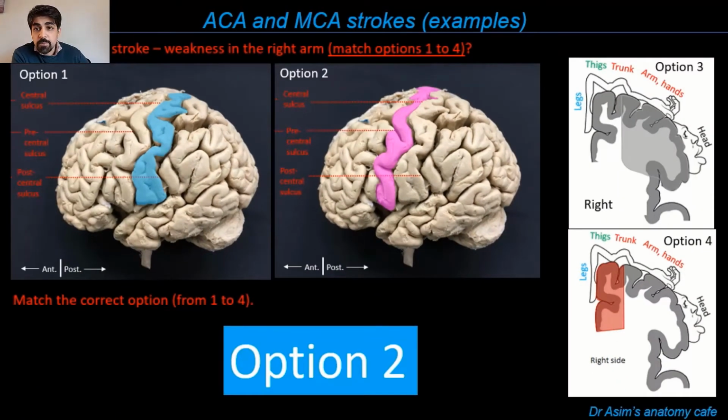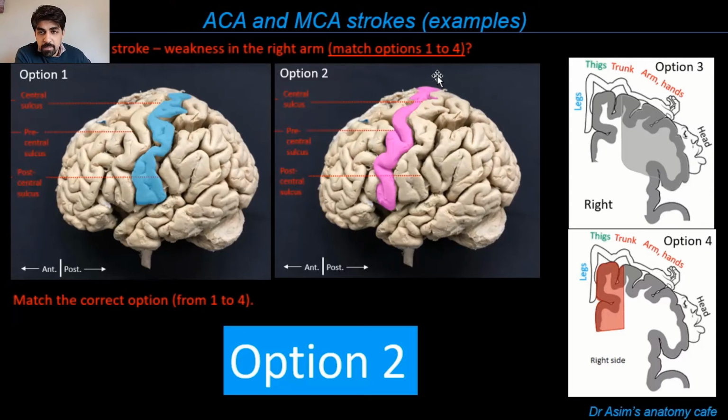Right, so you're right, option 2 is the correct answer. Why? Because this patient is presenting with weakness in the right arm, and we know from our knowledge of neuroanatomy that usually our left side of the brain controls the right side of the body and vice versa. And the reason for that is that most of the neuronal tracts are going to cross at a certain point